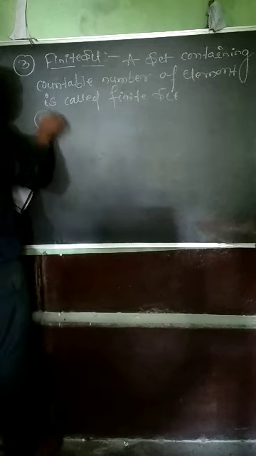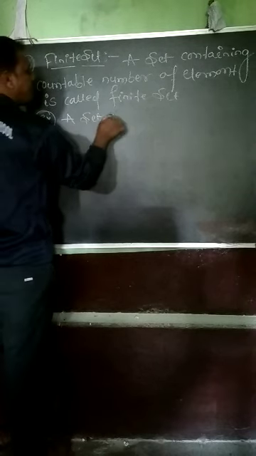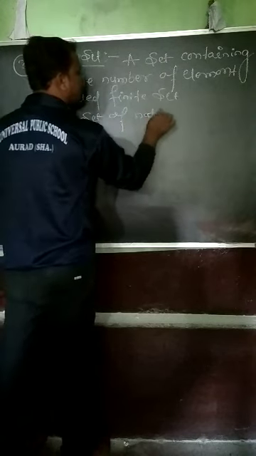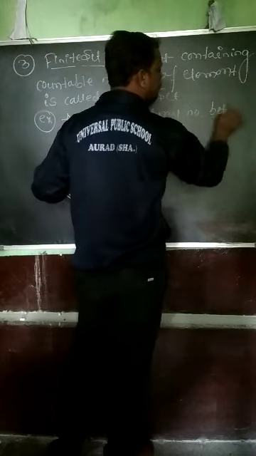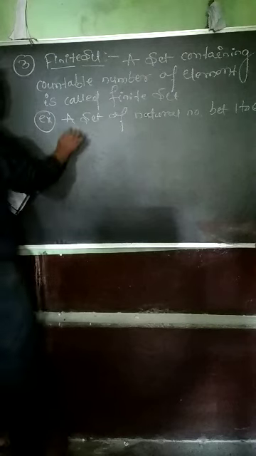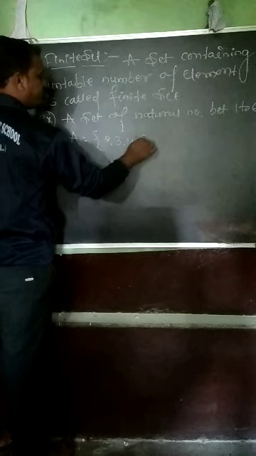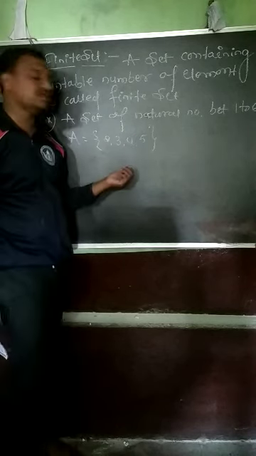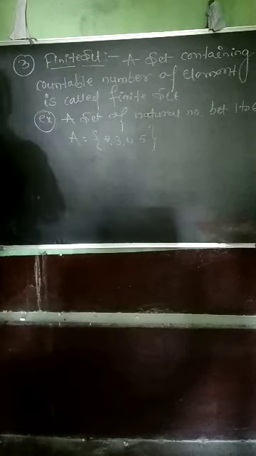See the example: a set of natural numbers between 1 and 6. Between 1 and 6 means set A is equal to 2, 3, 4, 5. See here, this is countable. We can count how many elements there are: 1, 2, 3, 4. This is called a finite set. And next, fourth,